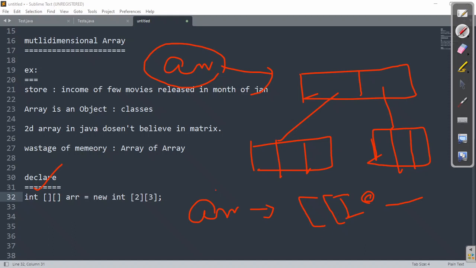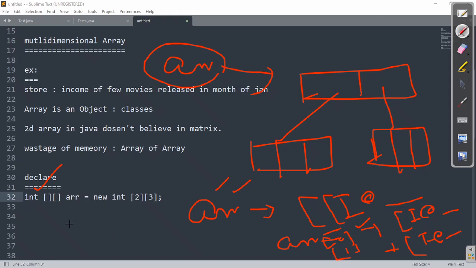And what it confirms? ARR is a double dimension array. Similarly, if I am writing ARR of 0, now the story will be completely different. The story will be like single open bracket with I followed by at the rate and some hash code, right? So ARR is a double dimension array, ARR of 0 is a single dimension array. Similarly, ARR of 1, the same story. You can treat this hash code as the identification of this particular array. Doesn't matter.